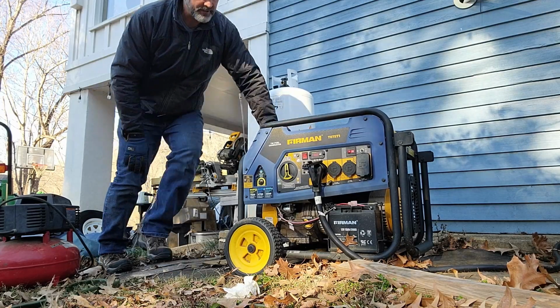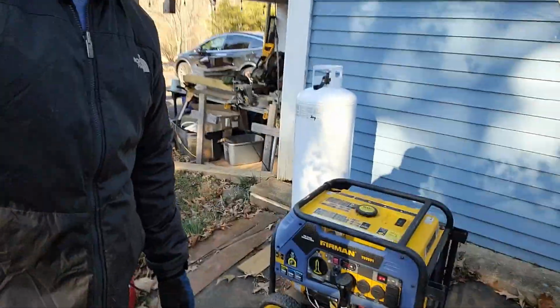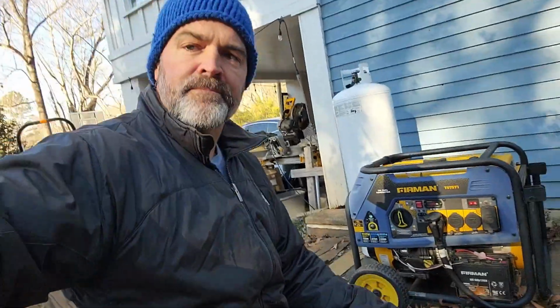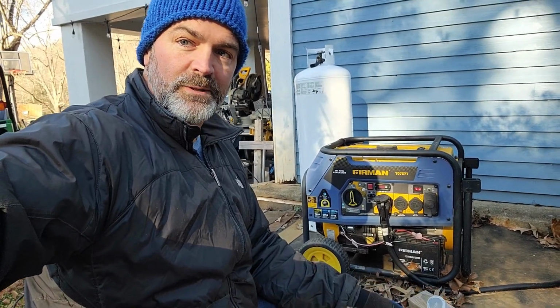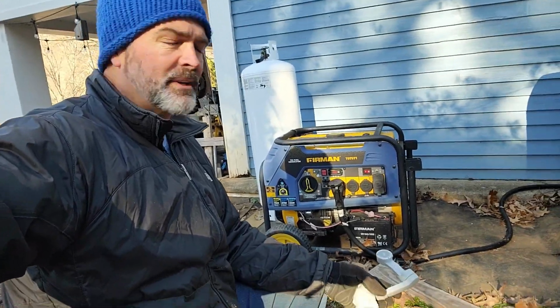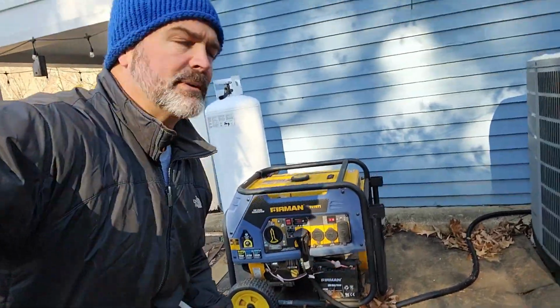All right, so this is good to go. I'll show you how this works for me. So I don't have a true whole house generator. As you can see, this is just a normal generator I got at Costco because it was cheaper. This cable here, which is 50 amp,